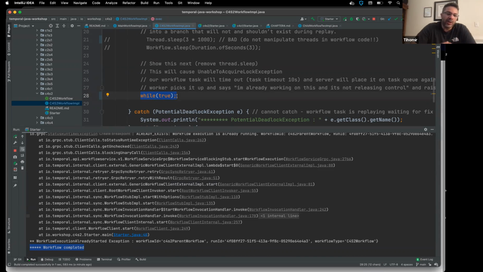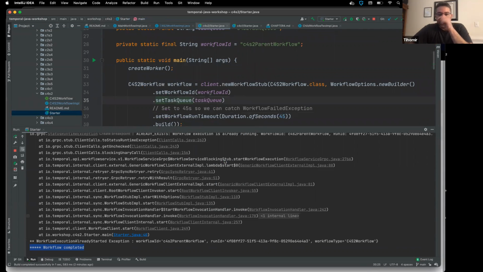Later we will see one with blocking, but non-blocking means we don't really execute anything. We don't run any Temporal SDK APIs that actually block the workflow thread and need to communicate with the server. So we don't invoke any activities, any child workflows. We don't create any timers. This is basically while true, and that's it. So the workflow will not be able to make forward progress here as well. So if I go ahead and start this with just a while loop,